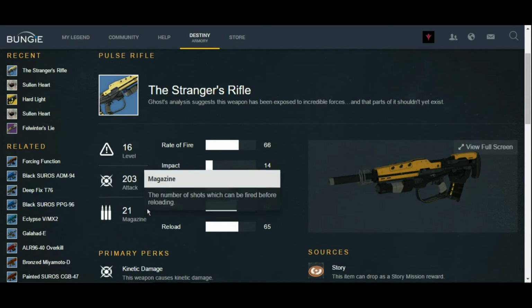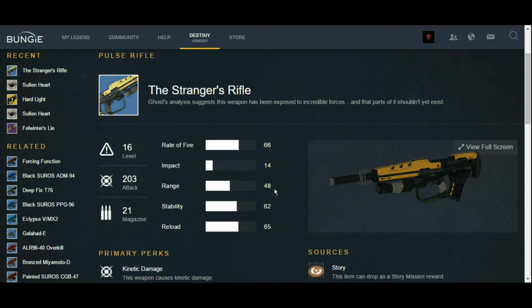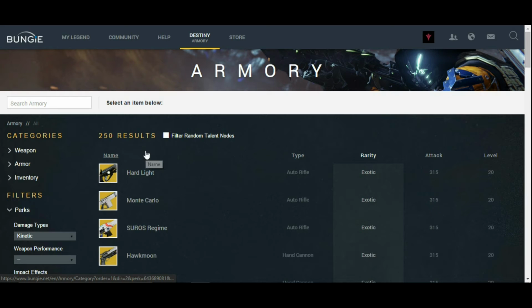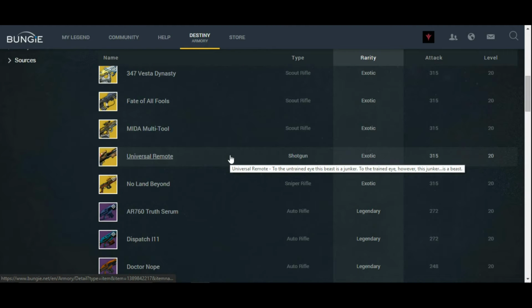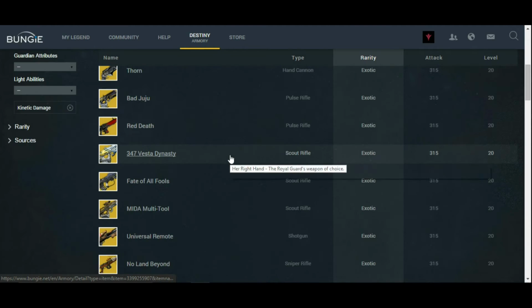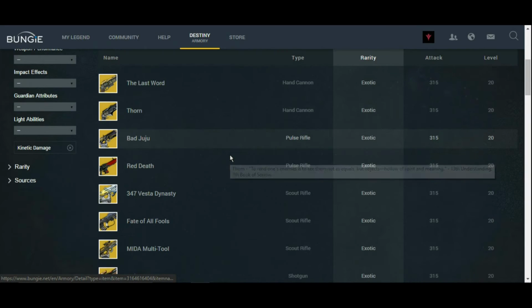It has 21 rounds in the magazine, and it shows you every stat in detail, which is amazing. It also shows you the perks, but if you click on a certain perk like kinetic damage, it'll let you know every type of weapon that does kinetic damage. And to prove this, we're going to go into a weapon I still haven't seen yet,